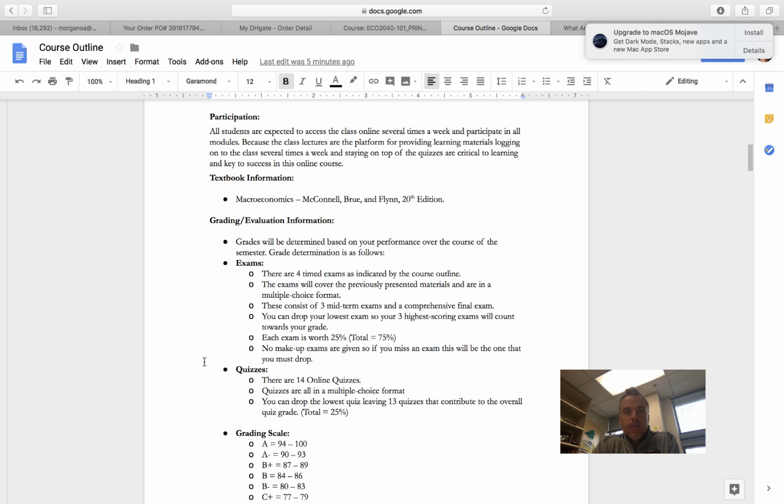The quizzes: you essentially get 1 quiz for every piece of material. There are 14 topics, so you get 14 quizzes. Again, I will drop the lowest one, so you will have 13 quizzes that count. Your total quiz score could be 25 percentage points, so essentially each quiz is worth about 2 points. Individually, the quizzes aren't worth that much, but collectively they add up, and you don't want to start missing them. You can get away with missing 1, and the reason I let you drop 1 is